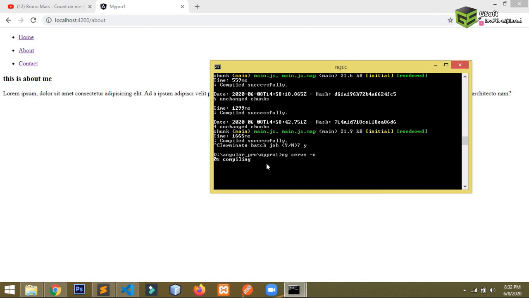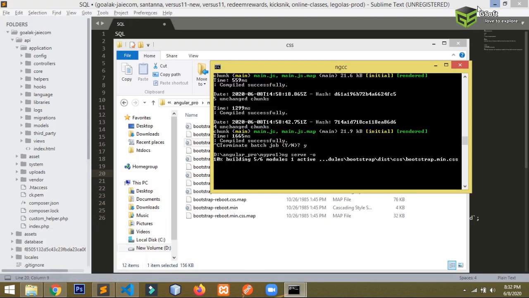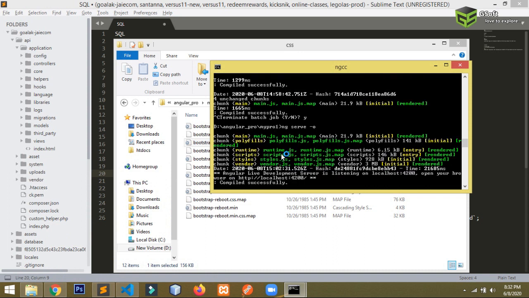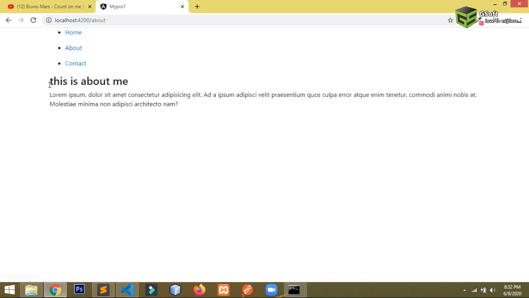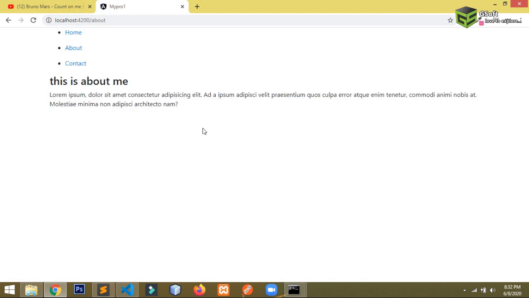So there is no error, it is compiling my project, and I will just close this. And you will be able to see here I have added the CSS, and you will be able to see some changes with the font and size, because I am using bootstrap classes. So that means bootstrap has been added successfully.